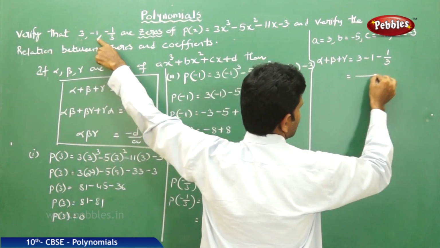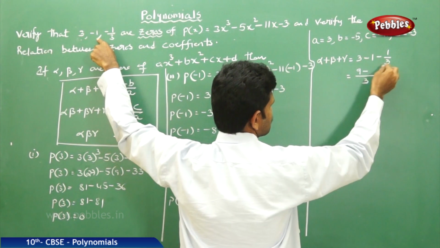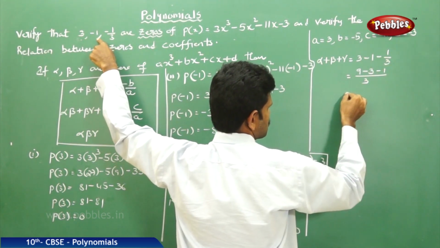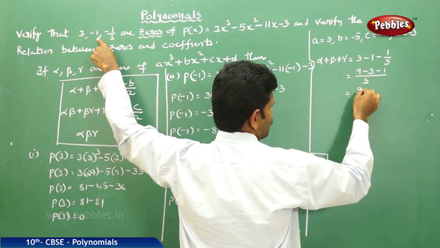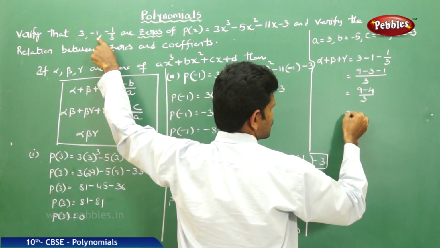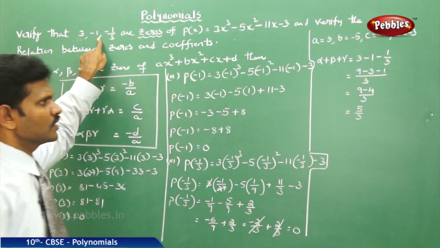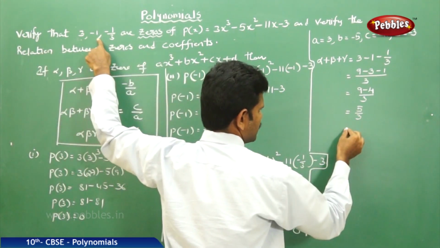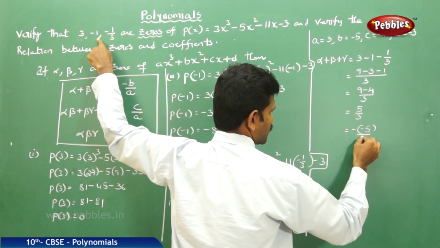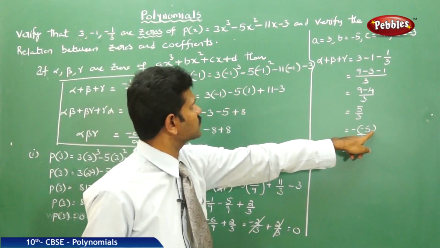That is, LCM is 3. 3 times 3, 9, minus 3 times 1, 3, minus 1, which is equal to 9 minus 4 by 3. 9 minus 4 means 5 by 3. This 5 I will arrange as minus of minus 5 by 3, that is equal to minus 5